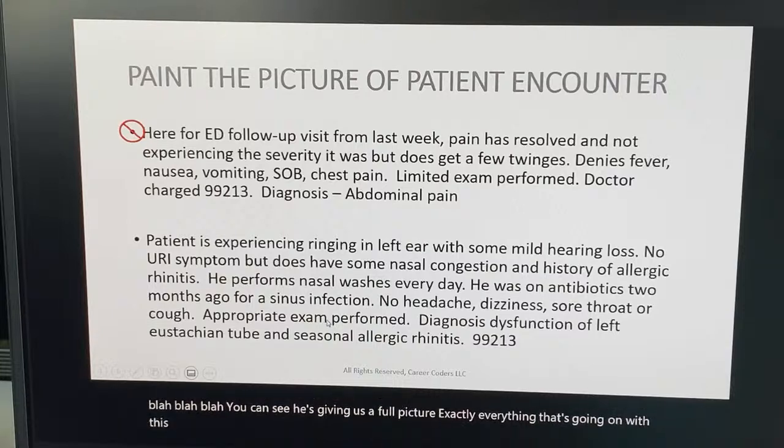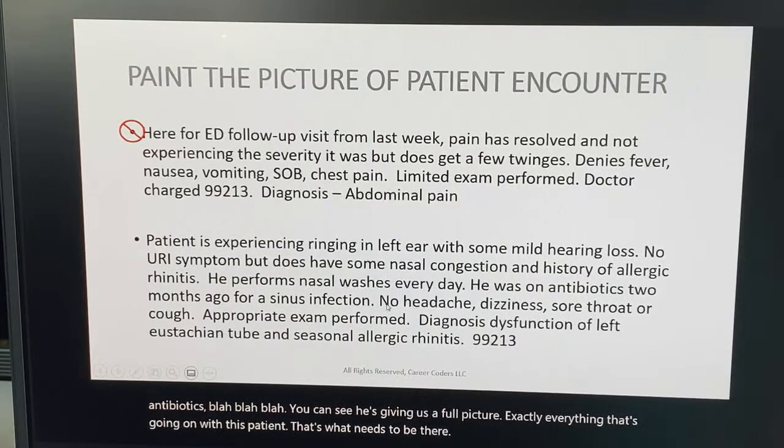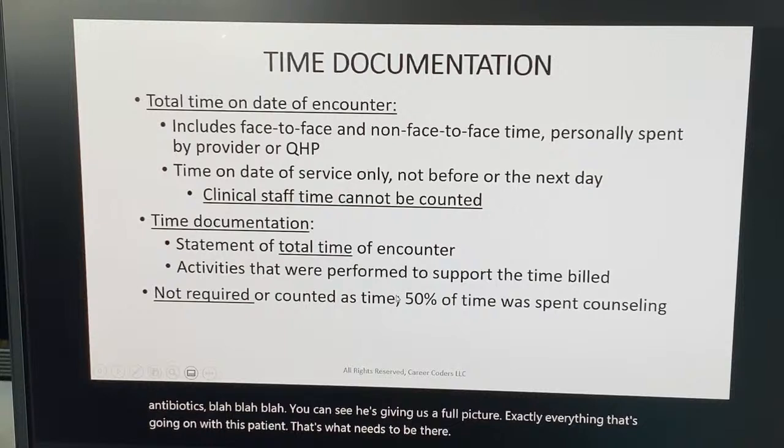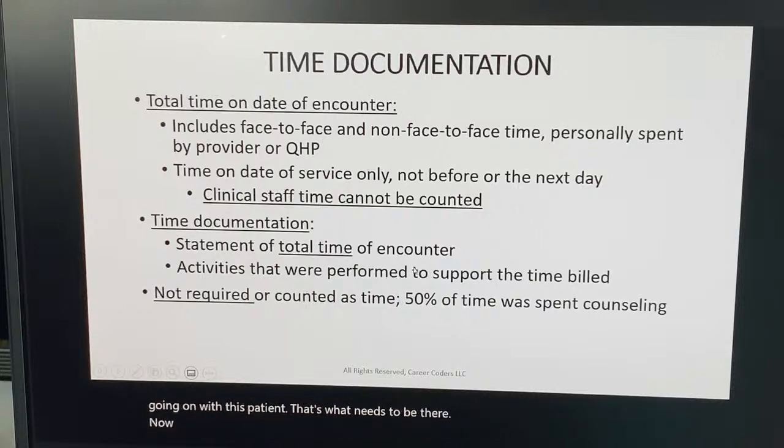That's what needs to be there. Now for time documentation, this is one of the first things I look for when I'm doing an audit,